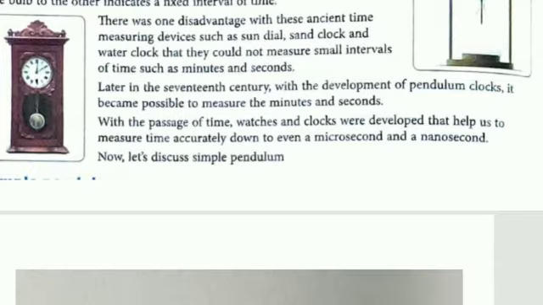So later in the 17th century, with the development of pendulum clocks, it became possible to measure the minutes and seconds. And after that, we also developed microseconds and nanoseconds, and different types of watches and clocks all developed,